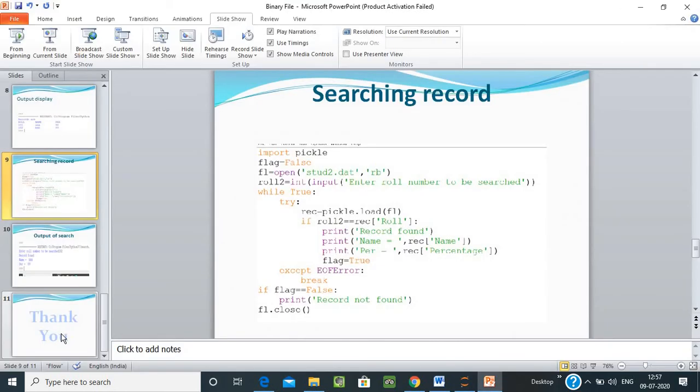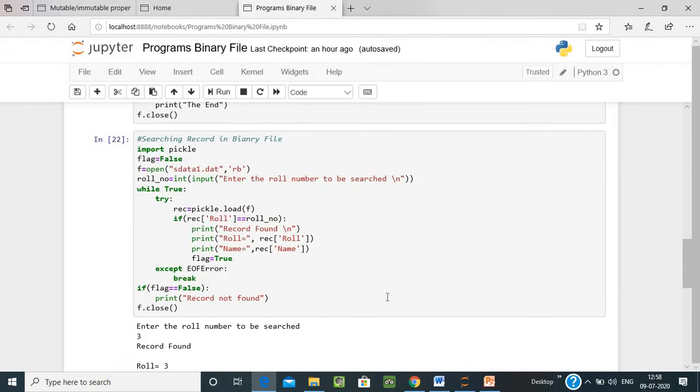Now this is very important: how to search a particular record from a binary file. Here we have imported pickle. Initially flag equals to false. Flag is a variable and the initial value given to the variable is false. Now we have opened the file sdata1 in reading mode, and one more variable, roll number equals to int(input), enter the roll number to be searched.